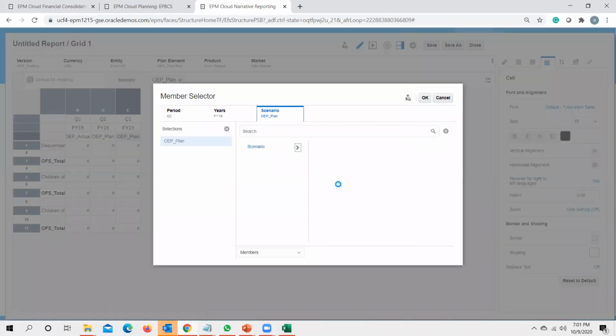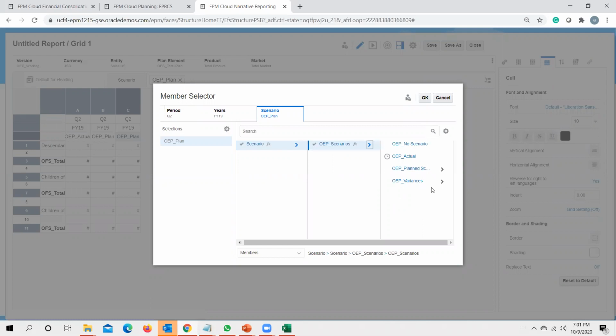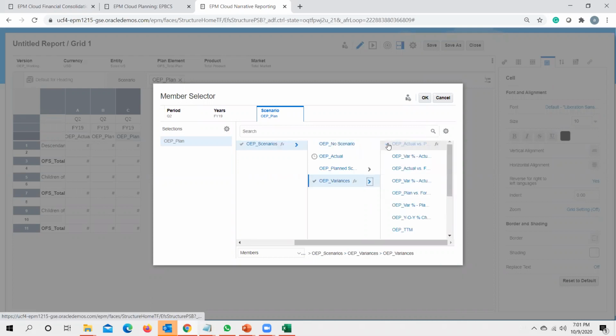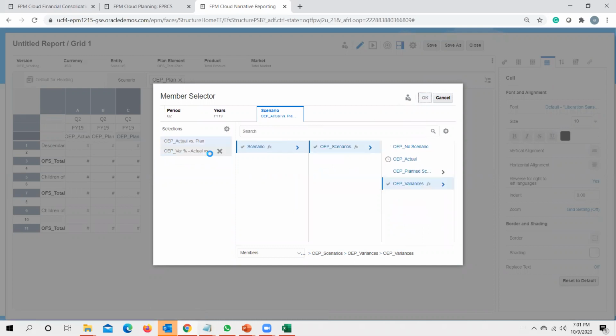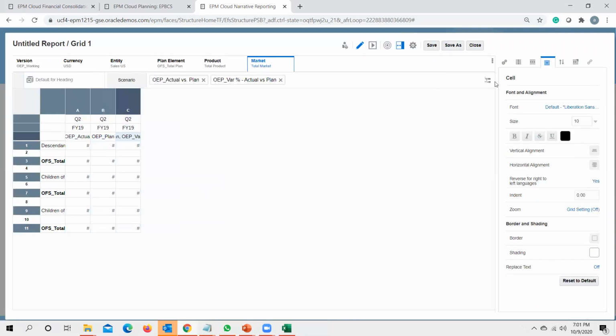I go to scenarios, under total scenario, under OEP variance. I want to have actual versus plan and I want to have variance percentage as actuals. I click OK and I am good to go. If I click preview, I will have the data set ready.